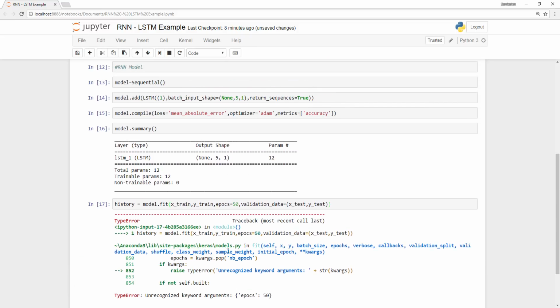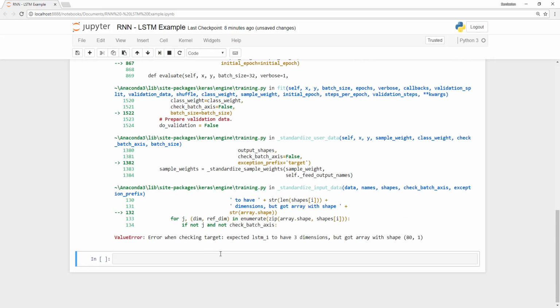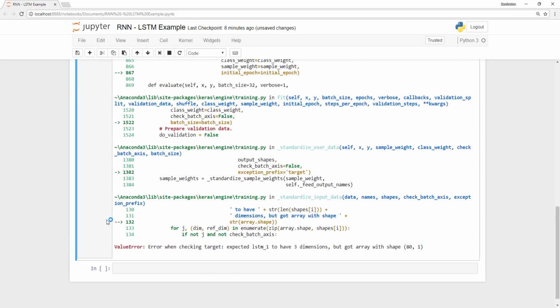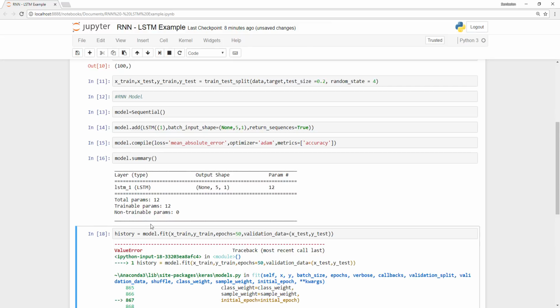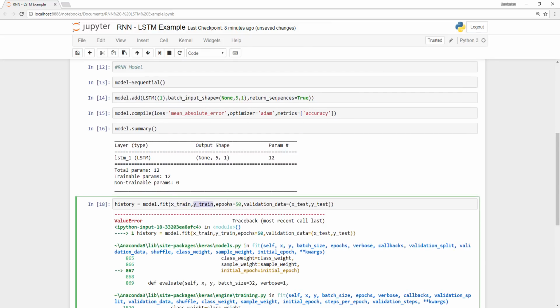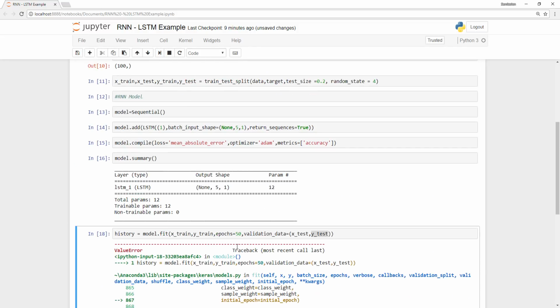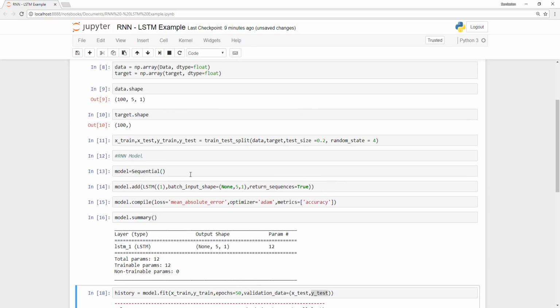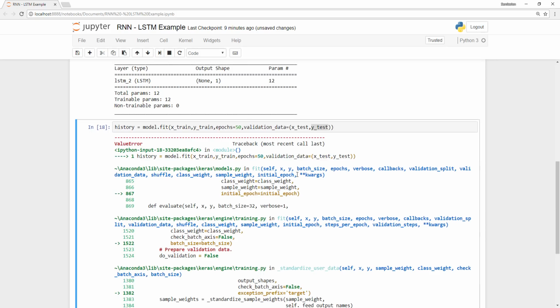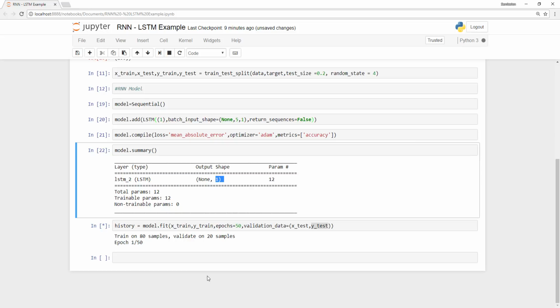Now we run it, and epochs is EPOCHS. And so we run it again, and the error is because we forgot setting return sequences to false. So while our target has one single digit, the model was expecting 5 different digits. So setting it to false will solve the error, and then running it again,